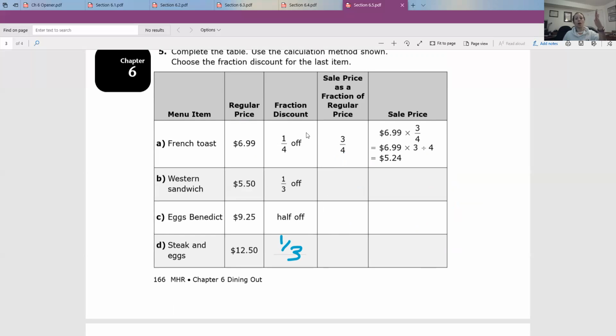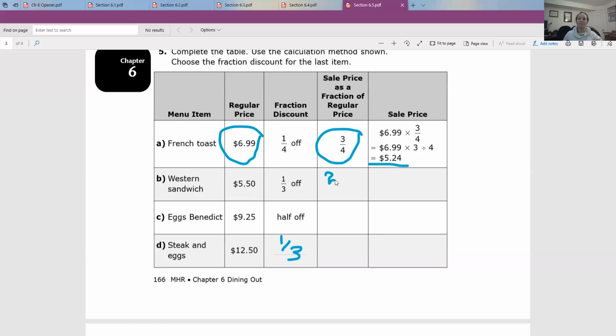Okay, well, if you're getting a quarter off, that means you have to pay for 3/4, right? So 1 minus a quarter is 3/4. So take your regular price and times it by 3/4. This means $6.99 times 3 divided by 4. And you get $5.24. On the next one, if I have a third off,